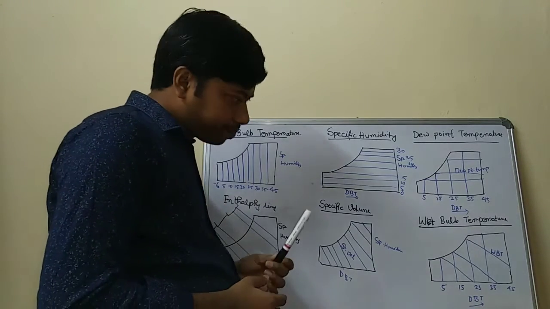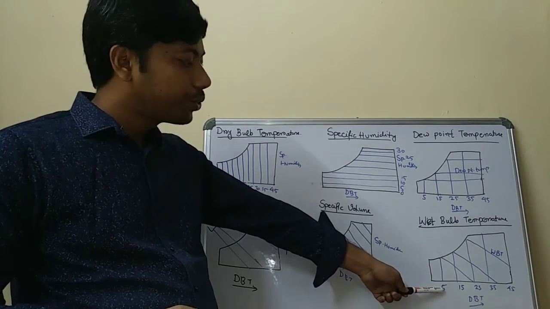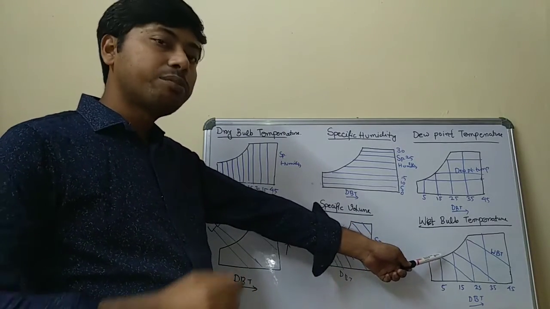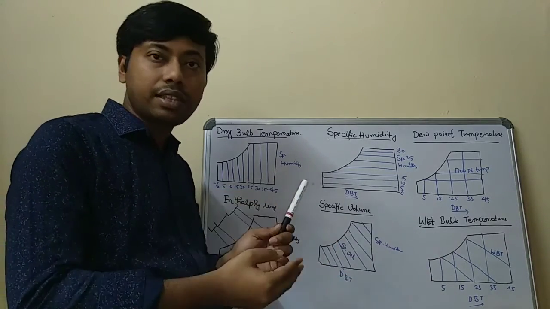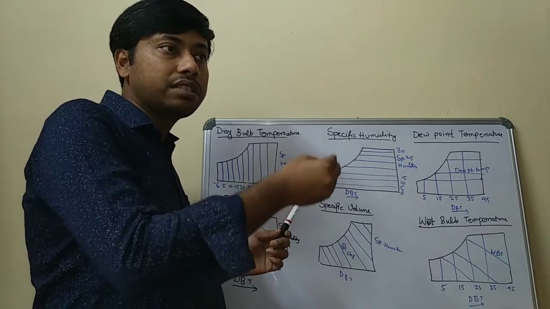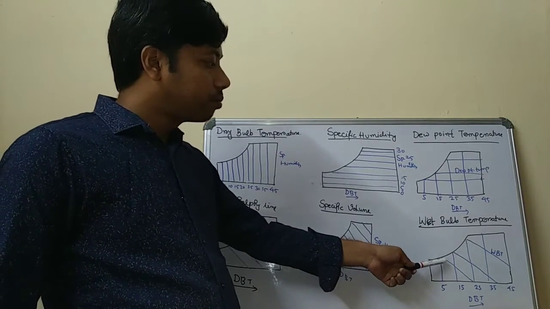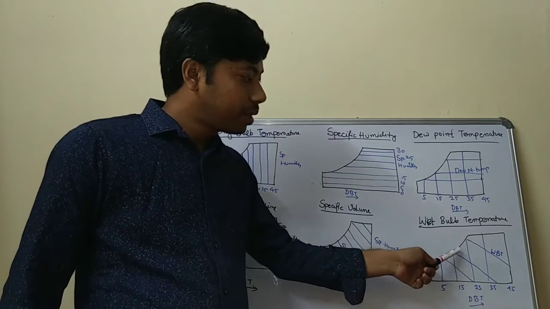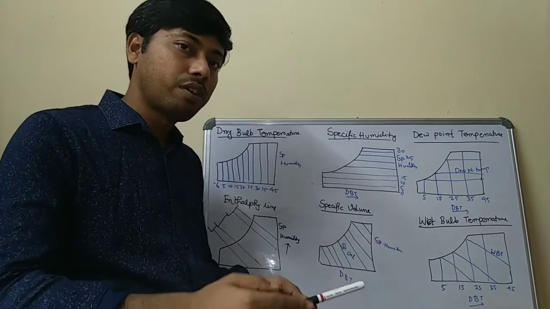Okay. Now, how do we define the wet bulb temperature? As you know, when you draw the vertical dry bulb temperature line, it cuts the saturation curve at a particular point, and that point is a saturation point. At that point, the relative humidity is 100%, because the maximum amount of water vapor is already present and it has reached the saturation state. That's the saturation curve or saturation point. Now from that point, if you draw a straight inclined line, this type of line in your chart indicates the wet bulb temperature, which is non-uniform in space.